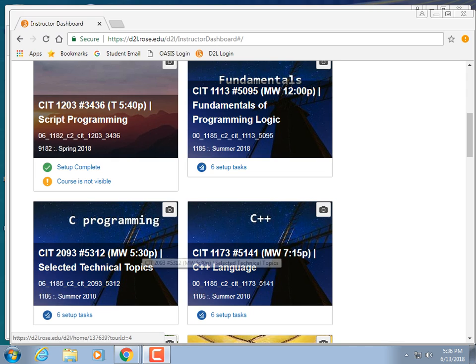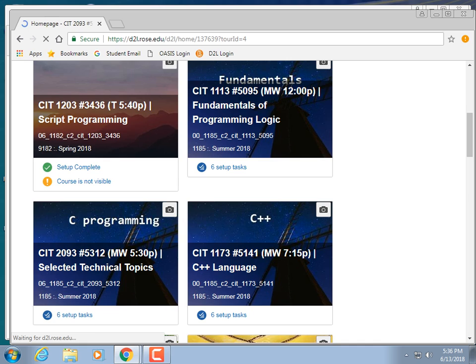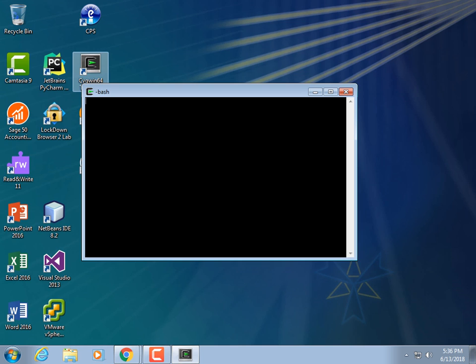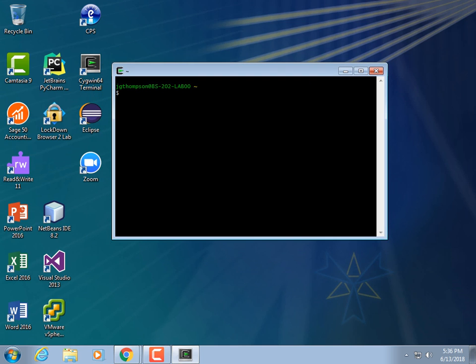All right, we've changed rooms, so hopefully we can get Cygwin to work, Eclipse to work, things like that. May as well give that a shot. The Cygwin terminal should be right on your desktop. So should Eclipse. If you double click on Cygwin, we are now in the Cygwin